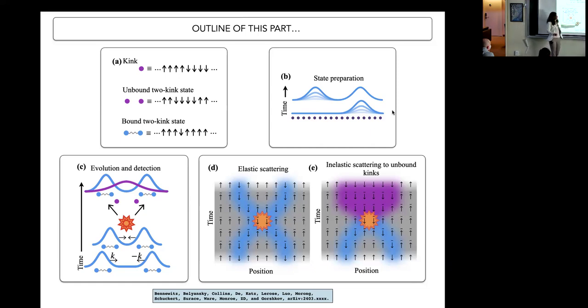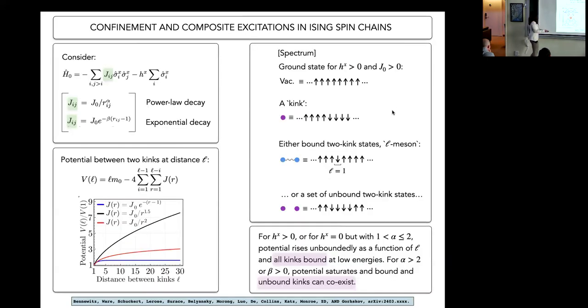And then eventually you will see that in this same model, we can have very interesting processes, both elastic and inelastic, where you can create very non-trivial objects in the final states in these high energy collisions. Okay. All right, so let's talk about the model. Let's just start from the top. We have the Ising model. Everybody is familiar with the Ising model, right? You have spin-spin interactions, and you can have a longitudinal magnetic field as well, sitting here.